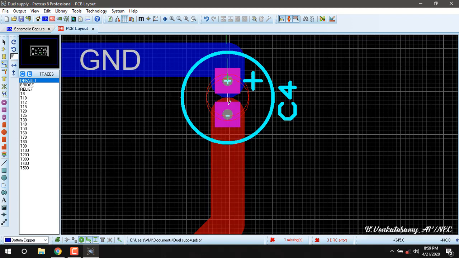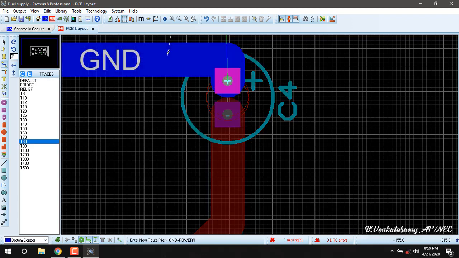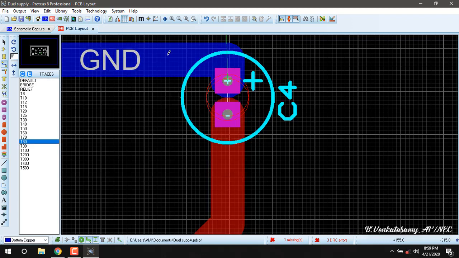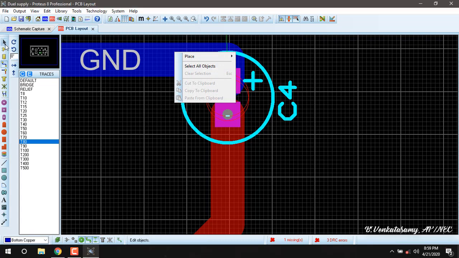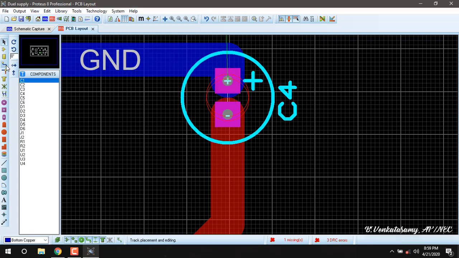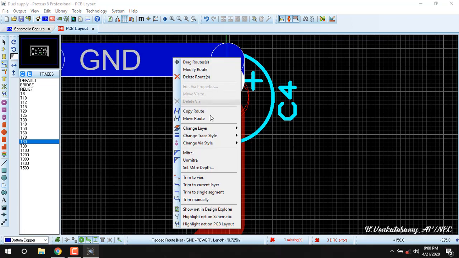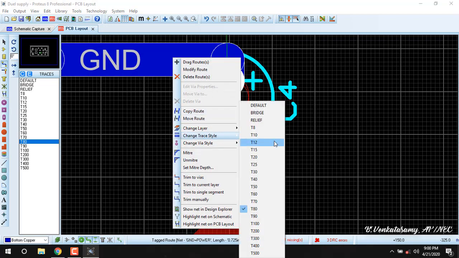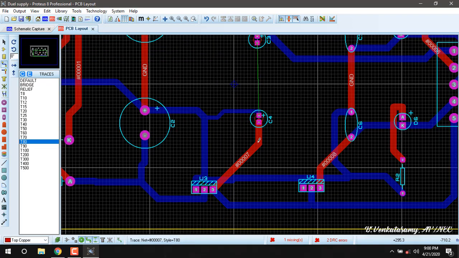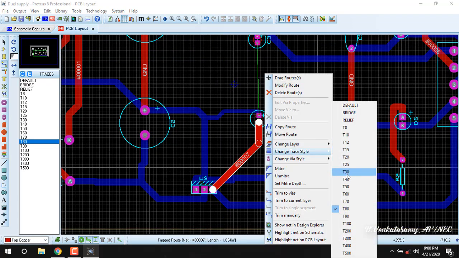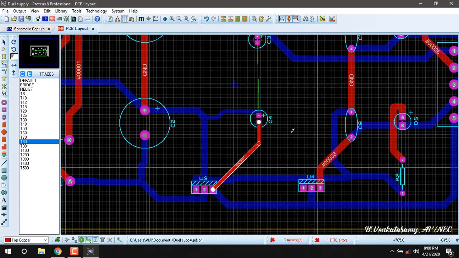So what I am going to do is press this track in selection mode or trace mode, right click, change the layer style, and change it to 50. So there is only one error.